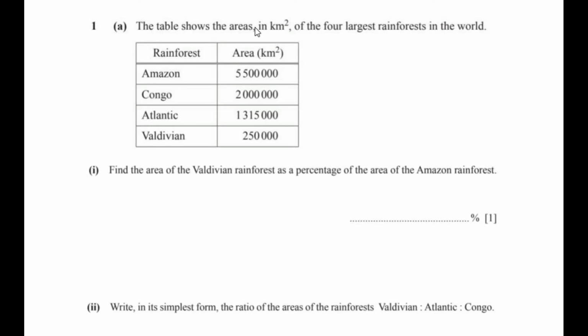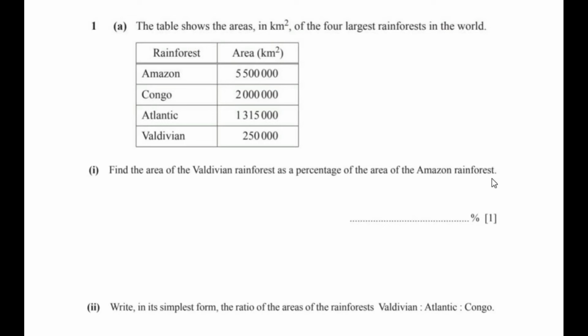The table shows the areas in kilometers square of the 4 largest rainforests in the world. So we can see in the table some rainforests have been named and on the right hand side their respective areas are given. The first sub-question is, find the area of the Valdivian rainforest as a percentage of the area